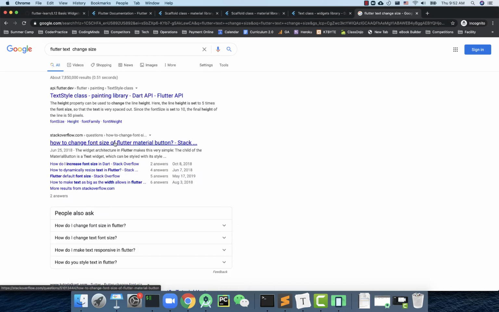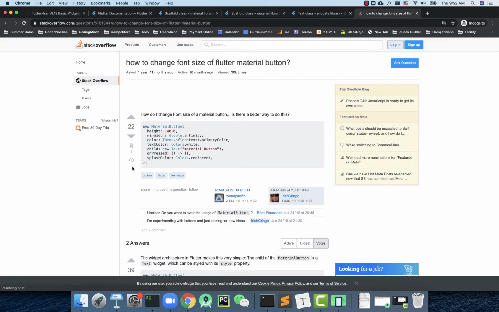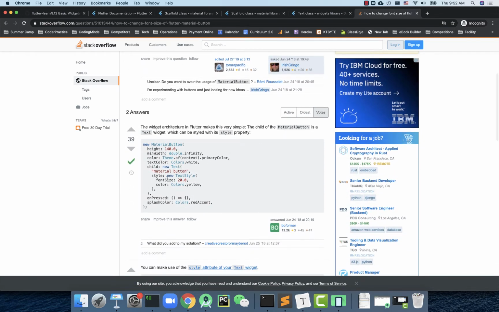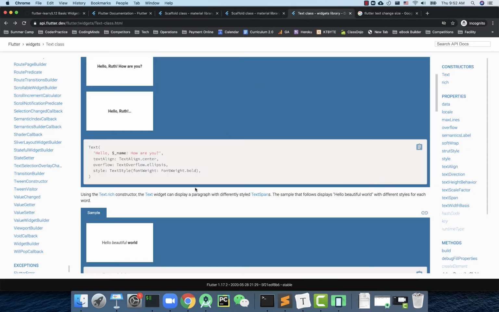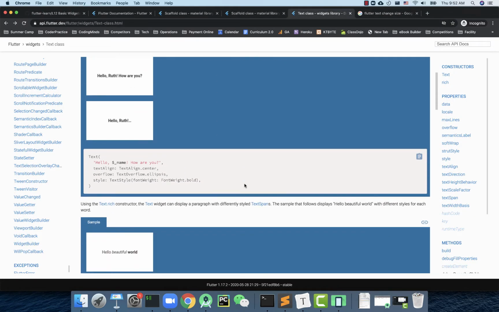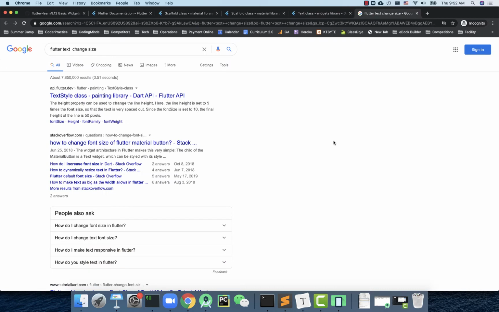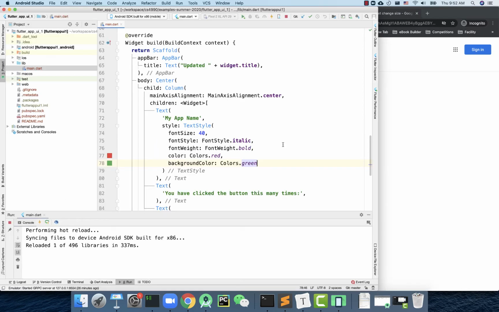All right, many cases I think the Stack Overflow will give you the answer. So some of those, as you can see, they tell you the font size right here, right? So all of these things, just Google it, and then you can actually find out the answer pretty easily. So basically, always go to the Flutter official documentation to look for examples, and then Google it to see other code examples. That's how we learn all this UI stuff. Okay, so that's how the